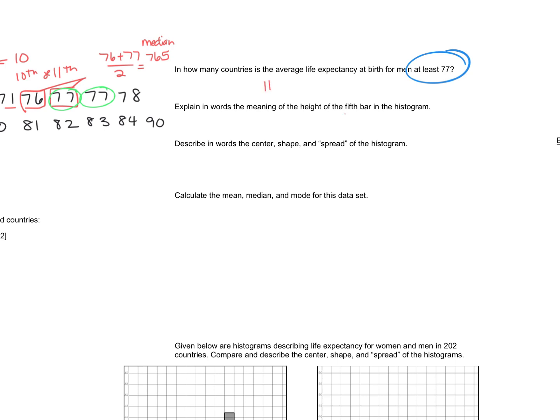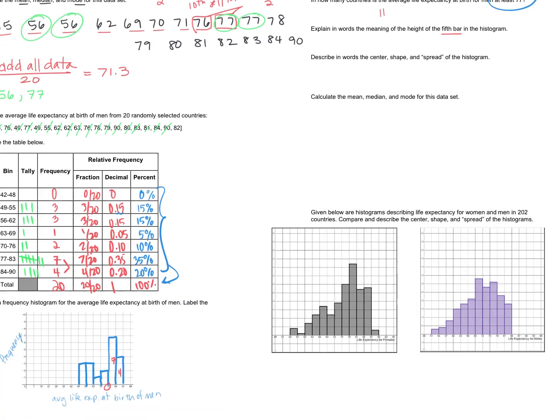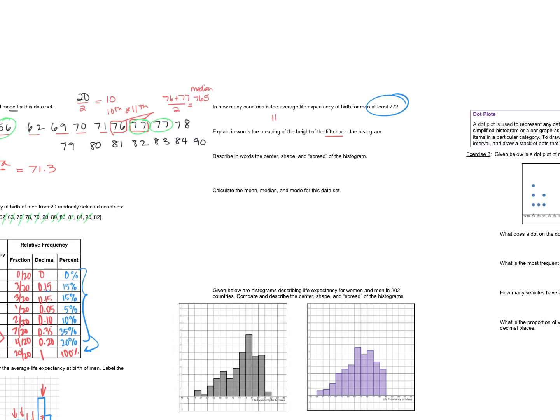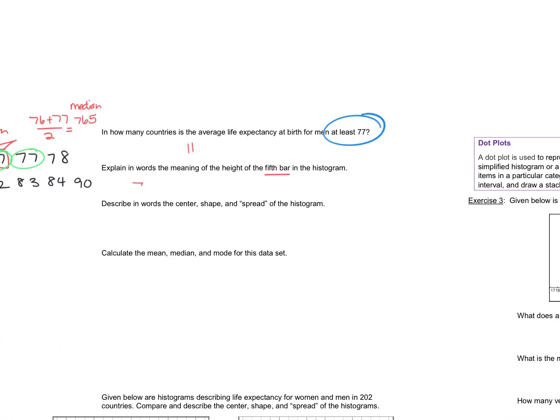Explain the meaning of the height of the 5th bar. So the 5th bar, we have 1, 2, 3, 4, 5. That's our 7. So 7 countries, and that's between 77 and 84. So it shows that there are 7 countries with the average life expectancy at birth between